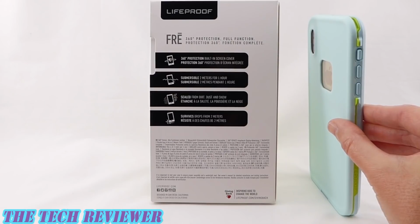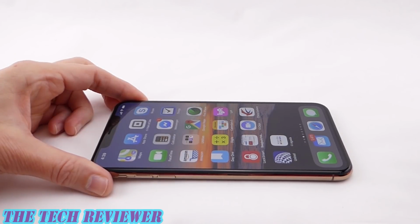In this video, I'm going to show you how to install the FRE on your iPhone XS Max, as well as give a review of its functionality. Let's get started. Prior to installing the FRE on your phone, you're going to want to remove any existing screen